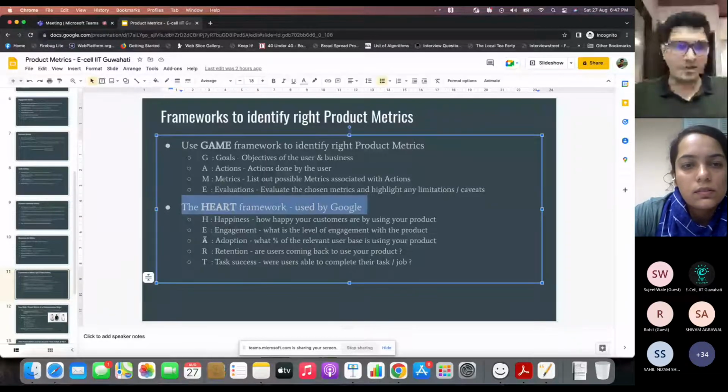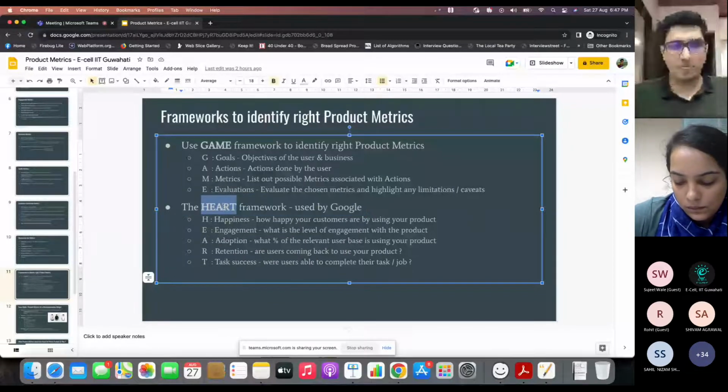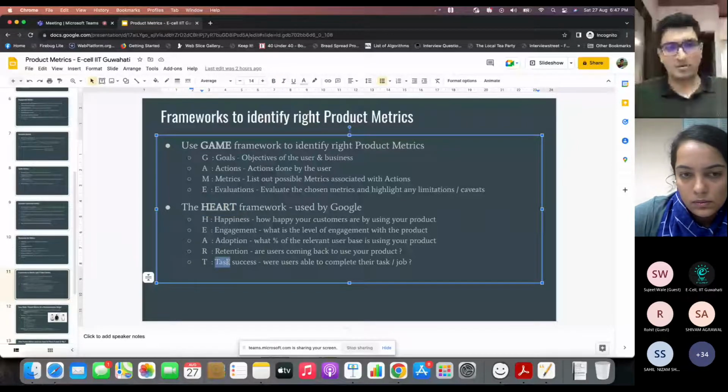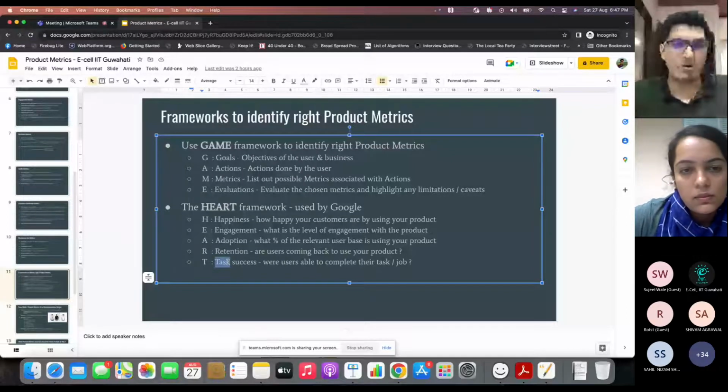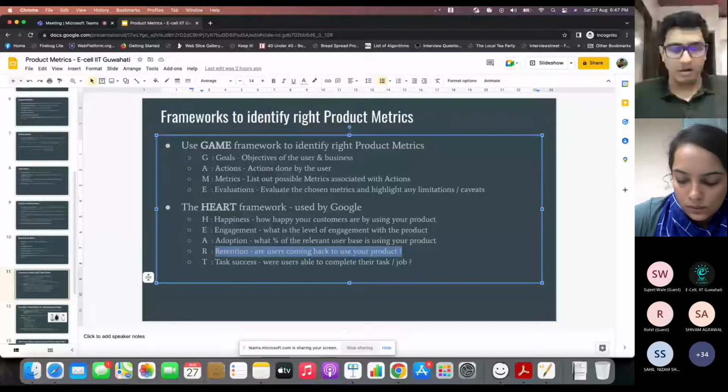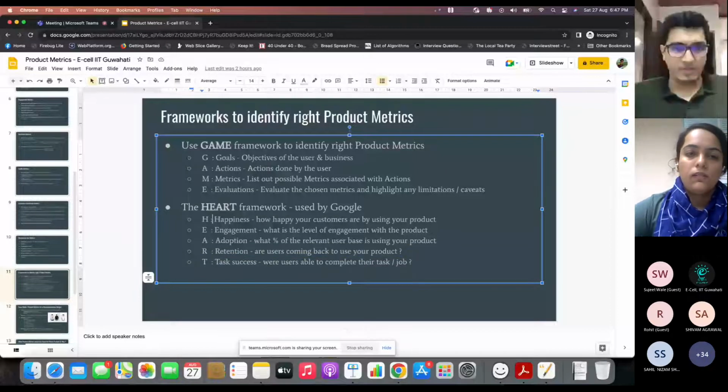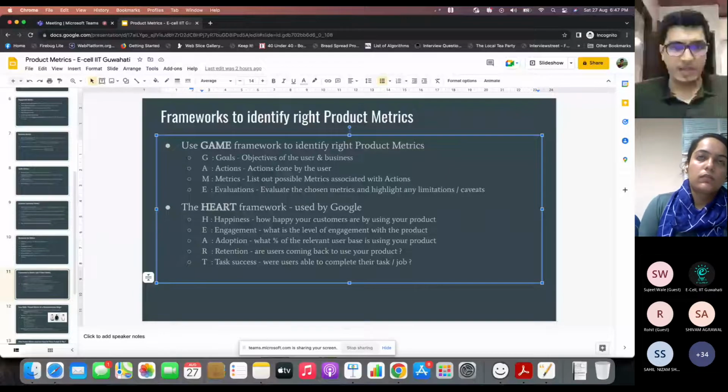So this is a framework that has been evangelized and also used by Google product teams. HEART stands for happiness, engagement, adoption, retention, and task success. A lot of times, a few people say, "Hey, retention is not my job. As a PM, I'm not owning the retention metric, or the engagement metric." But that is not the right approach. Every PM is responsible for the HEART of their product.